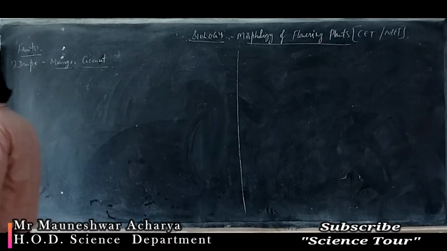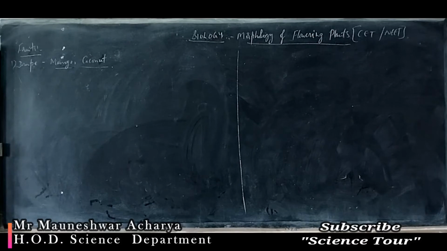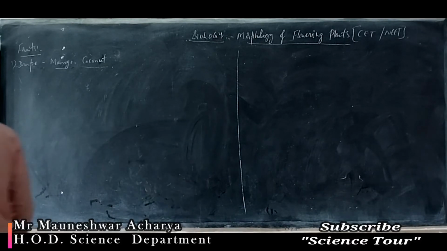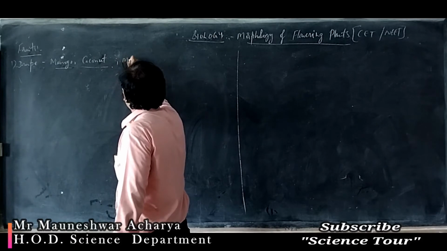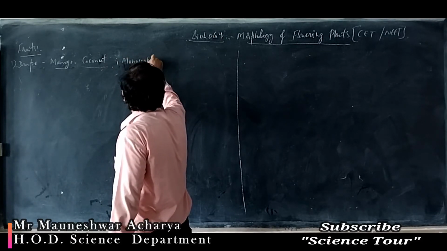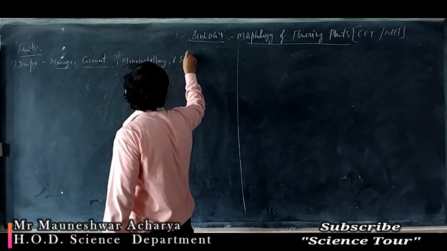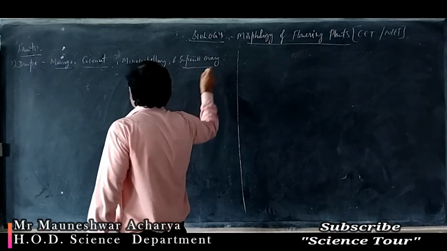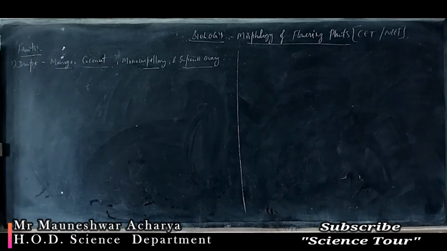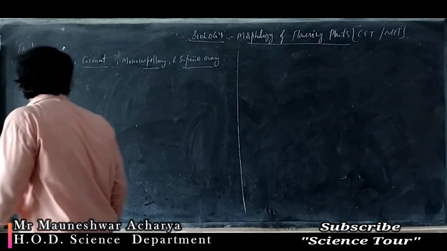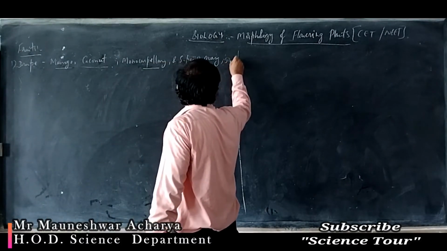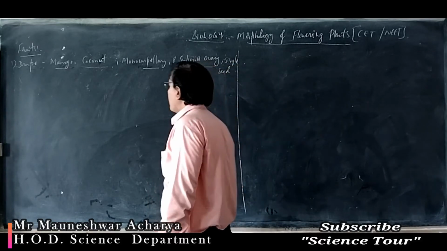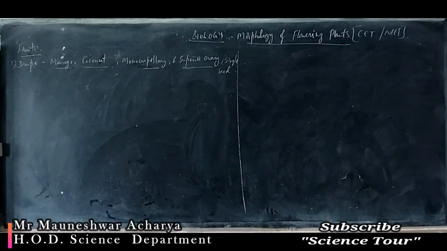So what kind of fruit is it? Drupe, you have studied in theory, right? They develop from a monocarpellary and superior ovary. Only a single carpel, so monocarpellary and superior ovary. The flower is hypogynous and one seeded. How many seeds do they have? Only a single seed. In the case of mango and coconut, it is called a drupe.